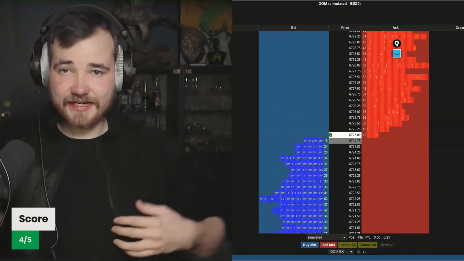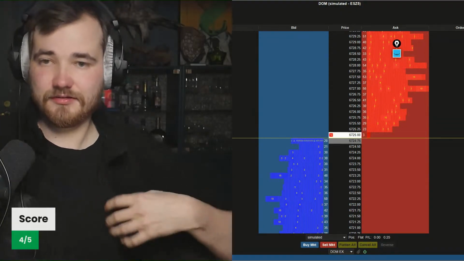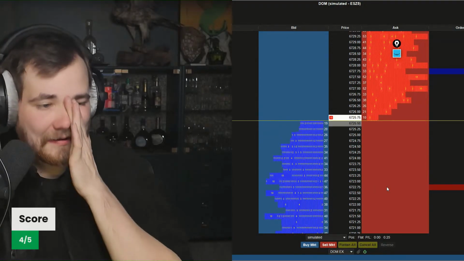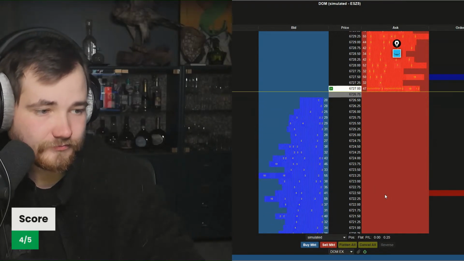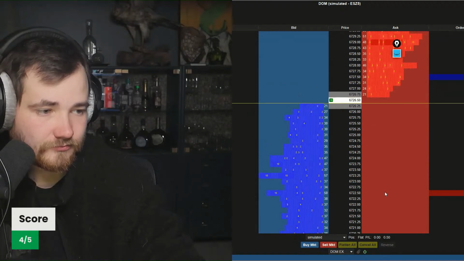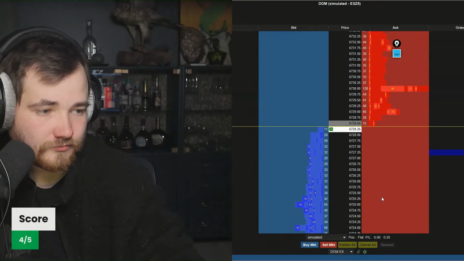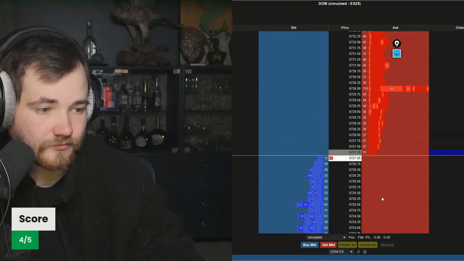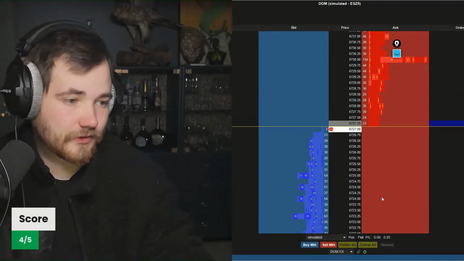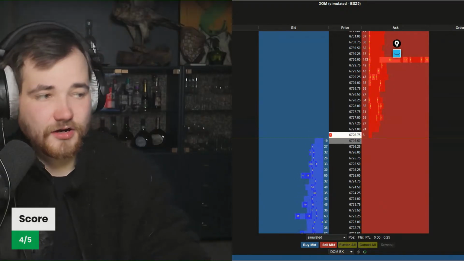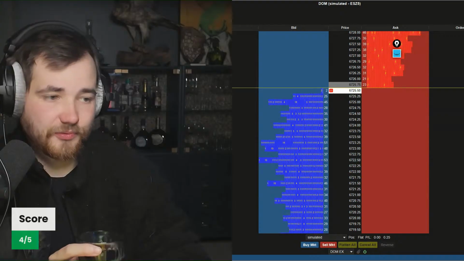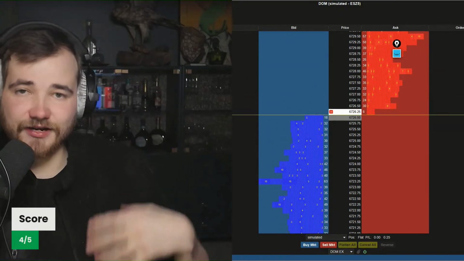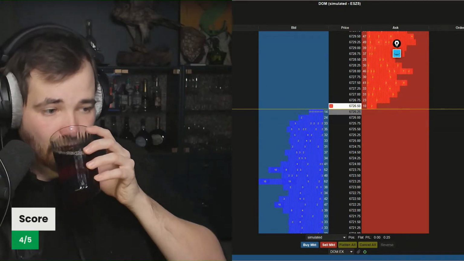Alright, my beloved friends. We are back at it again. Let's see if we can find that snappy snap. Not seeing it specifically yet. We are again outside of value, so people are looking to sell at these levels. If people are not selling at these levels, then we're gonna look for new value somewhere else.